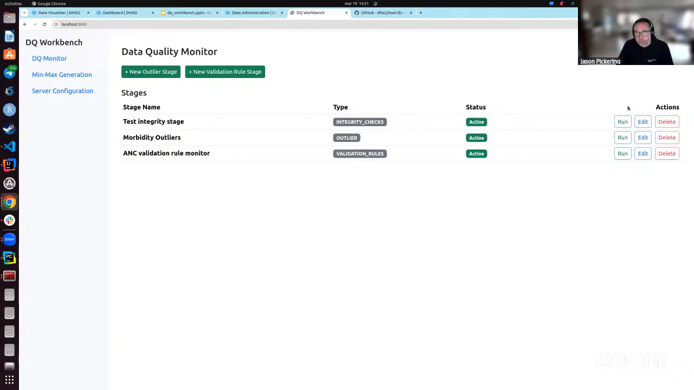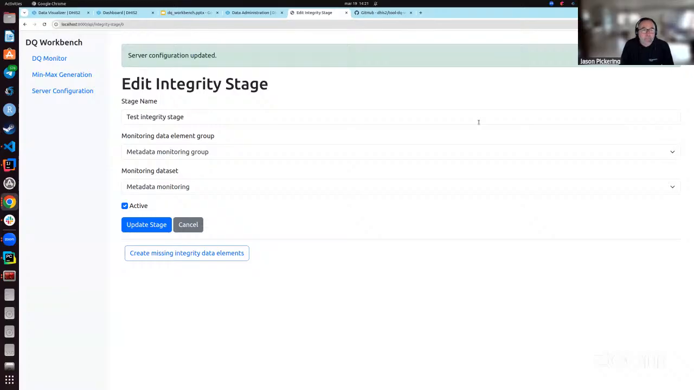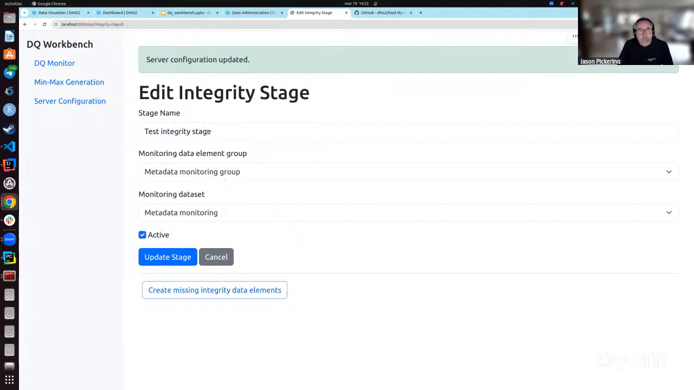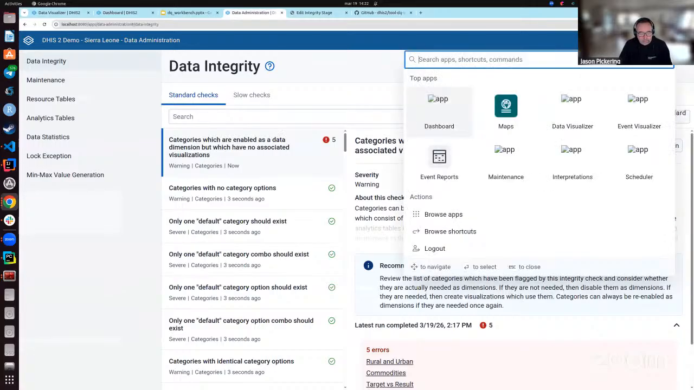I think the integrity checks is maybe the easiest place to get started because there's not a whole lot to configure there. But there are a few things that you need to keep in mind. So this is the integrity stage. We just need to give it a name. We also have to define a couple of things to facilitate the storage of the data. One of them is that we have to create the data elements, actually, to map the integrity checks onto a data element. Okay. So there is a button there to help you to do that. These get created